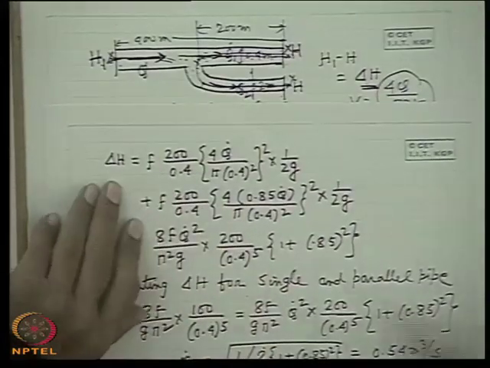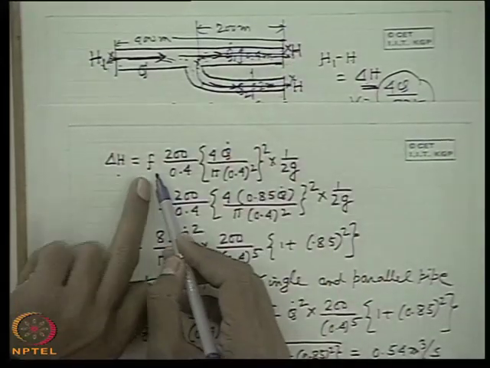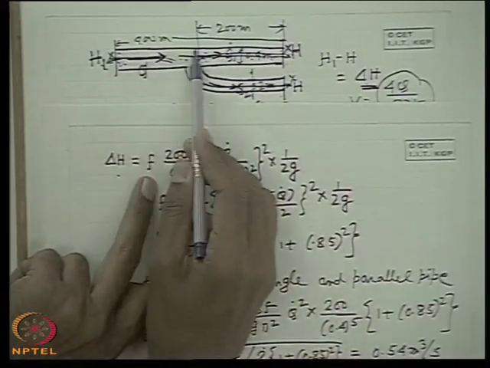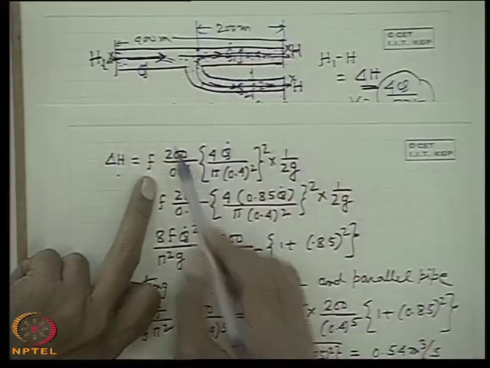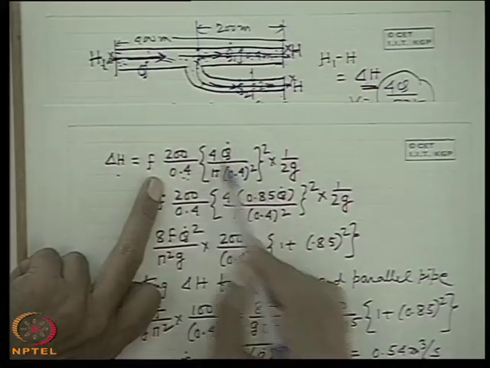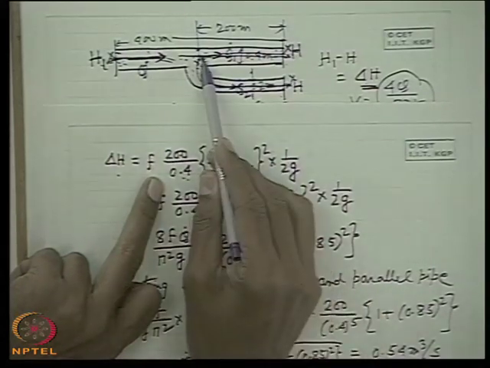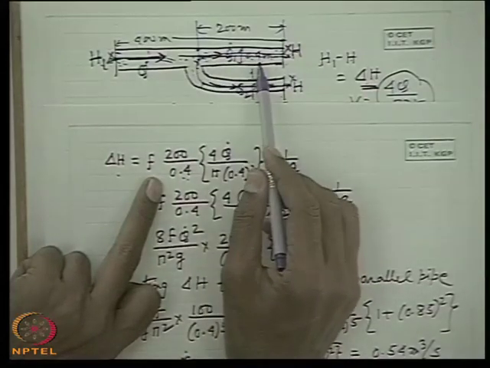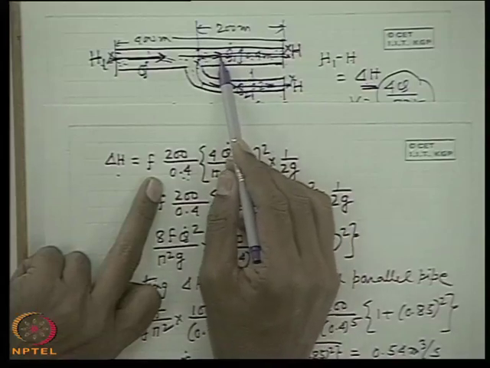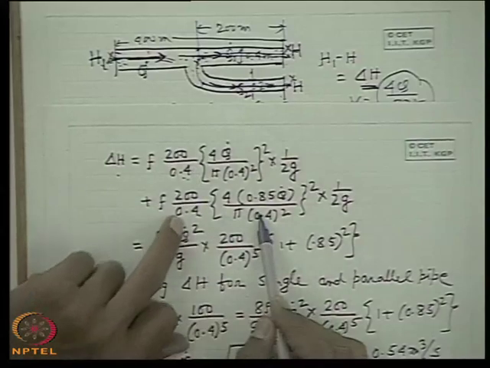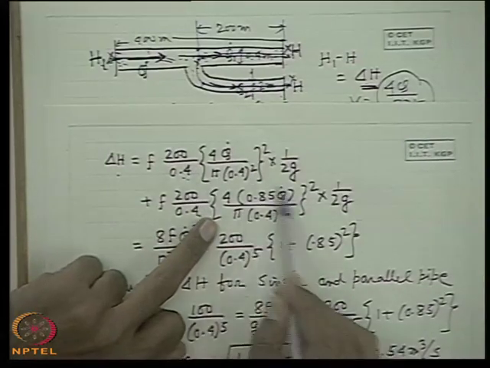Now if I write via this main path, the equation is like this. Delta H, I write this via this path, H1 minus H, delta H is FL by D up to this length. The frictional loss is, this is 200, this is 200 millimeter and 0.4 diameter, FL by D V square, which is related to the main flow Q dot, over 2G, plus the frictional loss in this part. There are no other minor losses. If minor losses are there, depending upon the geometry, we will have to take care of them. If there is a fitting, we will have to take care of it. But nothing is there, only friction in two parts, L by D. It is the same L, same D, but the velocity is changing.